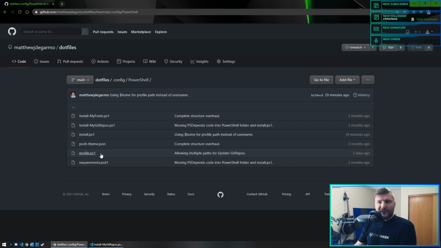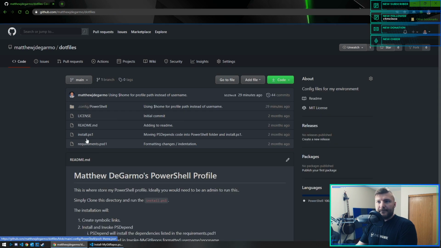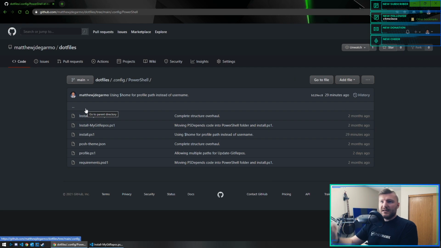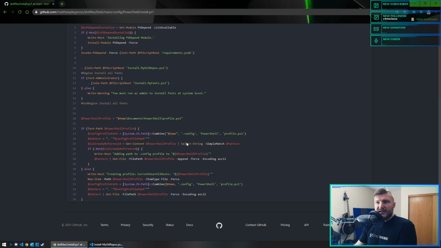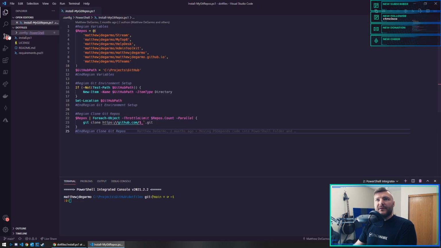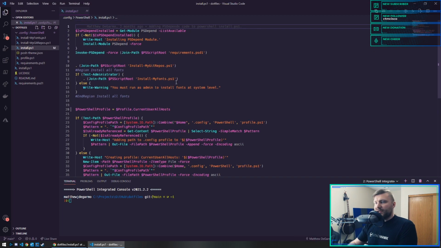So here's my actual profile. This is where the scripts live and everything. But when I run that install file here, what it's doing is figuring out what are all the folders in this .config folder. In this case, it's only PowerShell, and then go and run its install script. So that's kind of where we start our journey, is this install file. And this might look better if we just come into VS Code and look here. Just the same thing. So here I'm installing this PSDepend module